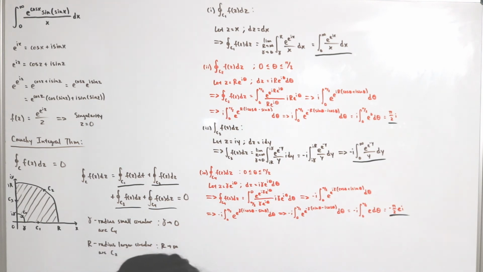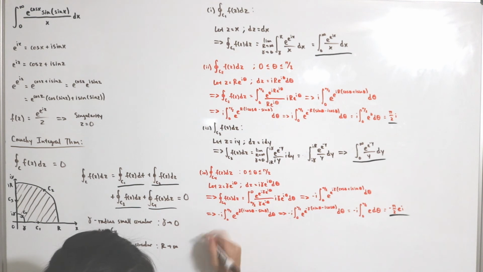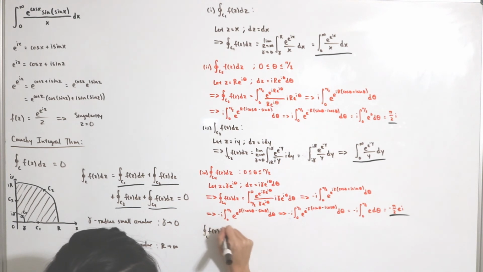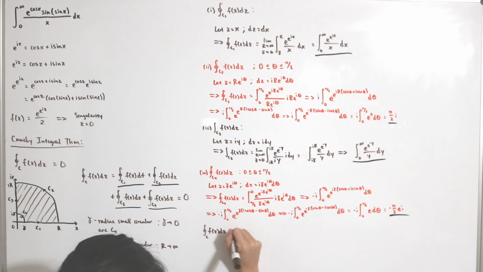We just have a couple more steps to go, and then we'll be close to our answer. Okay, so now that we have our 4 calculated integrals, each defined from each curve, we can actually rewrite the following. So this means the contour integral over C of f of z dz is equal to,